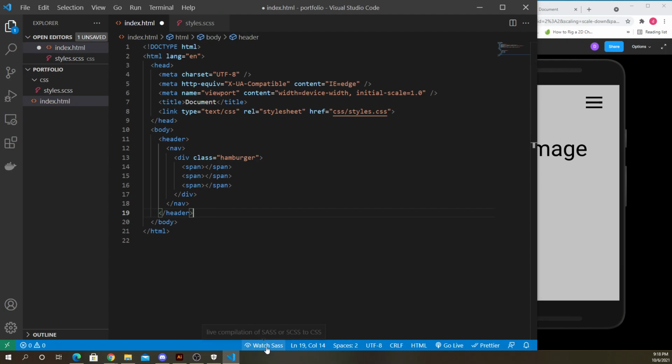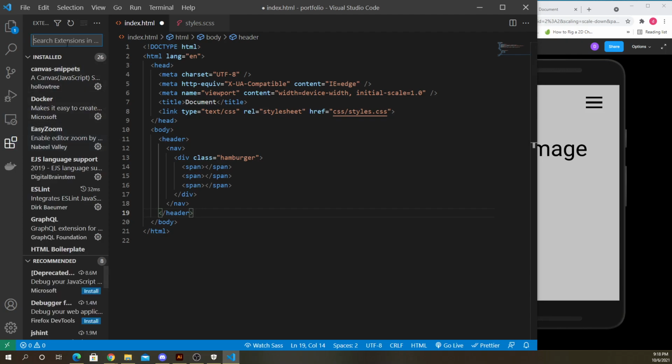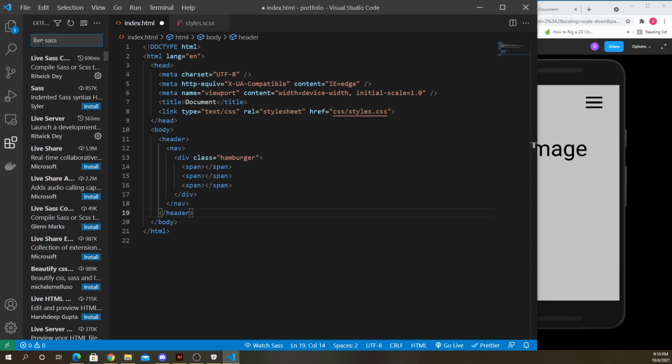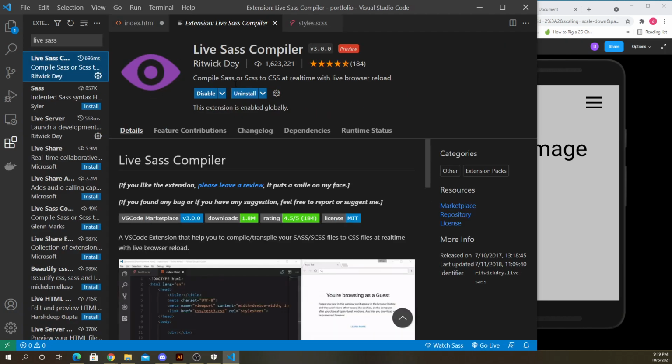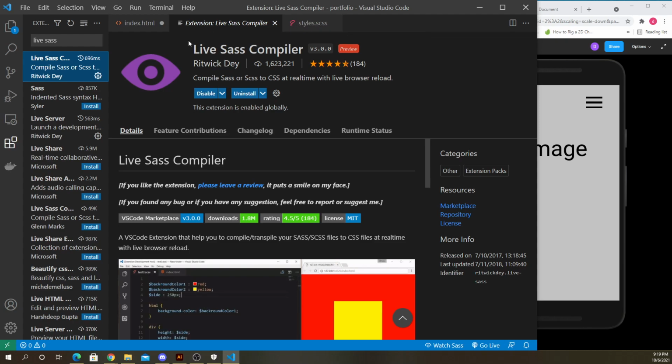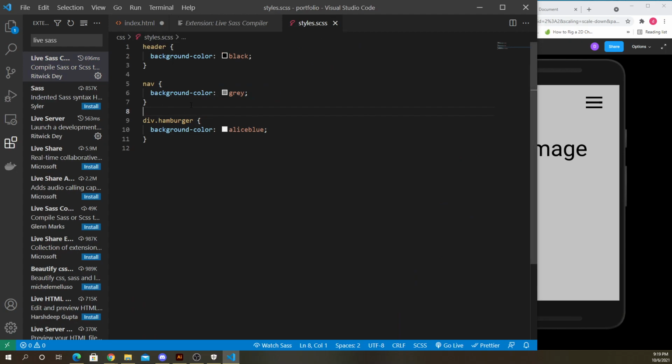But down here you can see it says watch Sass. I don't know if you guys can see that, but that's another plugin I had to install called the Live Sass compiler. Looks like this. So I installed this just so I could use this SCSS file. Otherwise, you can't really do anything with that. So when you have Live Sass compiler installed and you create a SCSS file like this one, if you click this Watch Sass button,